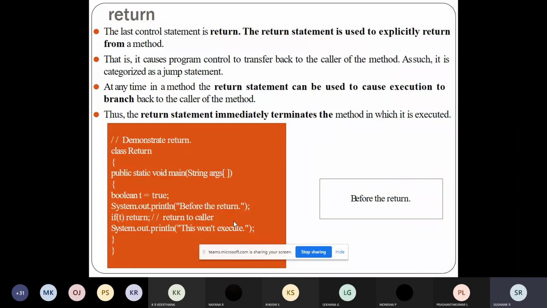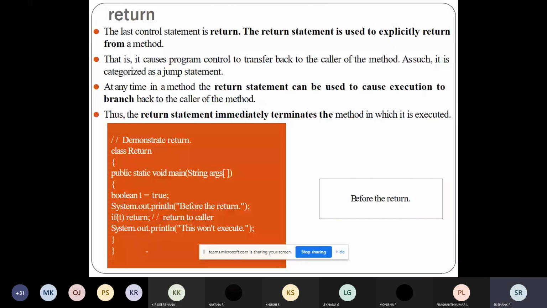So the return statement will terminate the method which is being executed. For example, on calling this statement, it will return the control to the program which has called this function. That is how the return statement works.